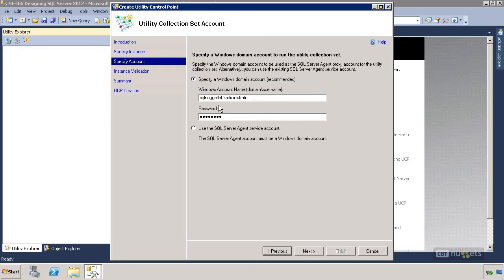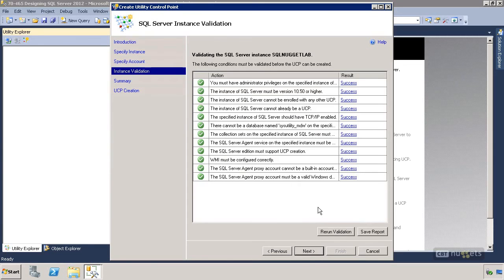That's where it's going to put all of its data for the dashboard that we're going to see here to use. So once that's set, hit Next. It's going to go through a bunch of validation steps here. One of them that you may get hung up on, especially if you do what I just did, and